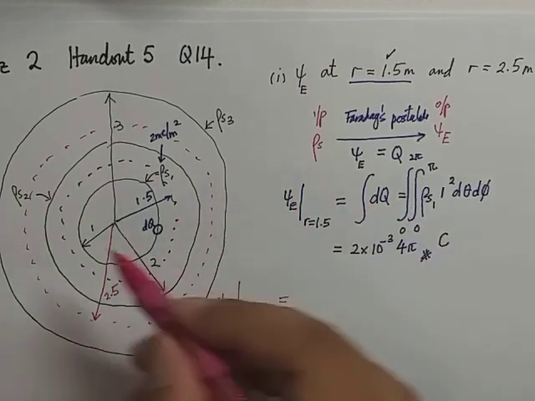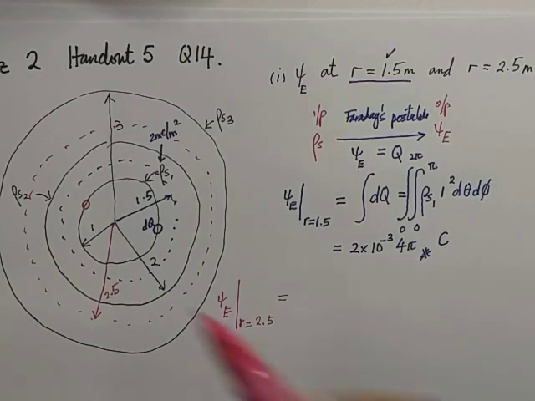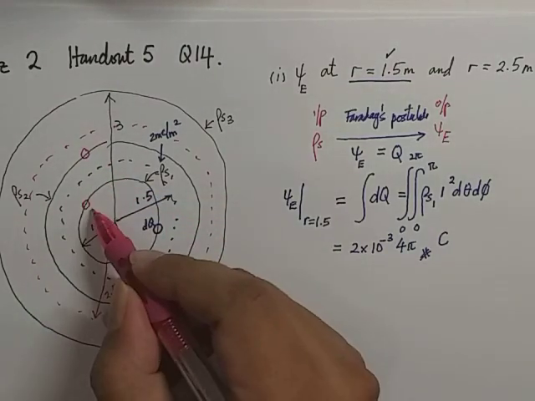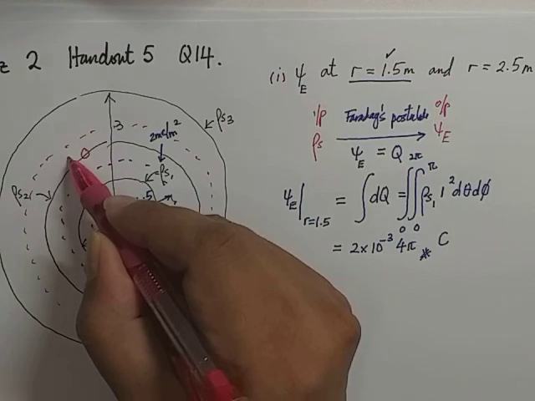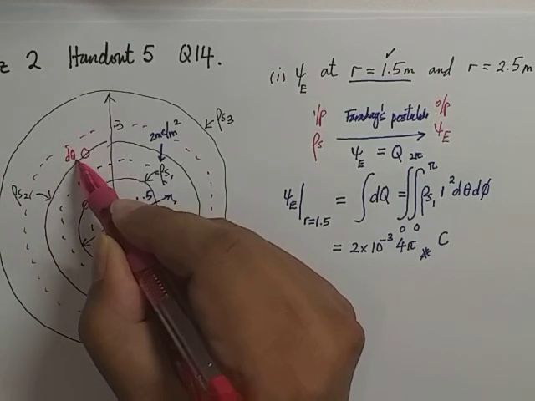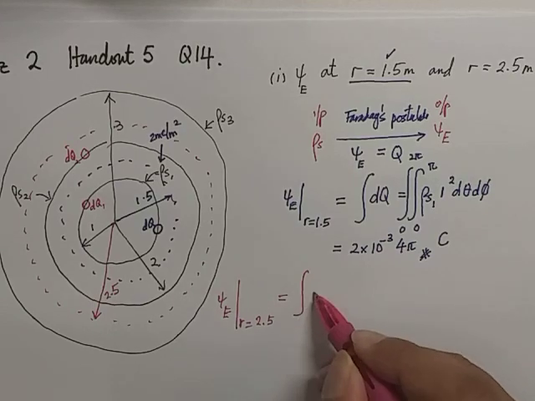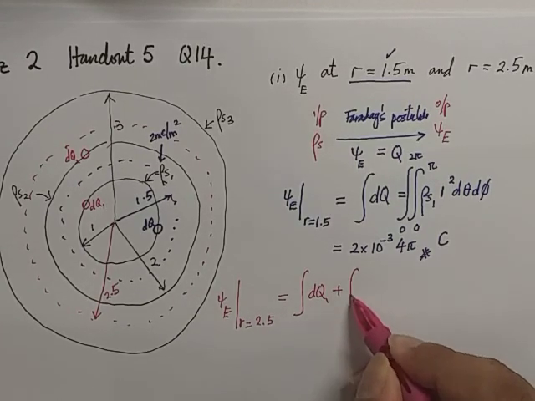They are, the first one shown here, and the second one shown here. So let's denote this as dq1, and this one we label it to be dq number 2, and therefore should be equal to dq1 plus dq2,